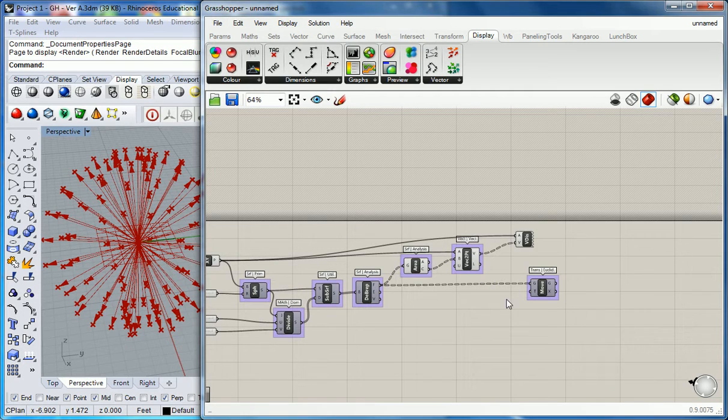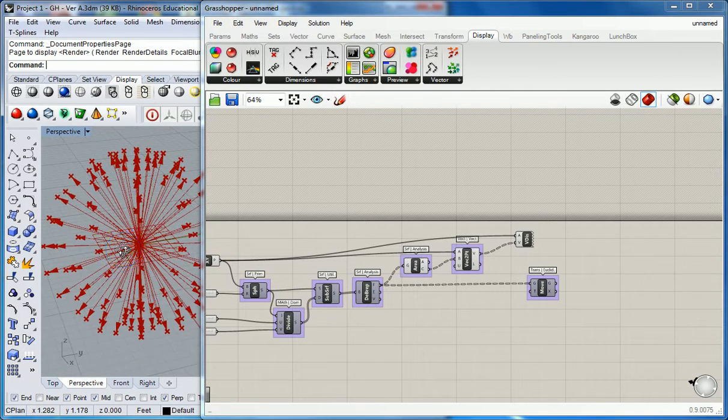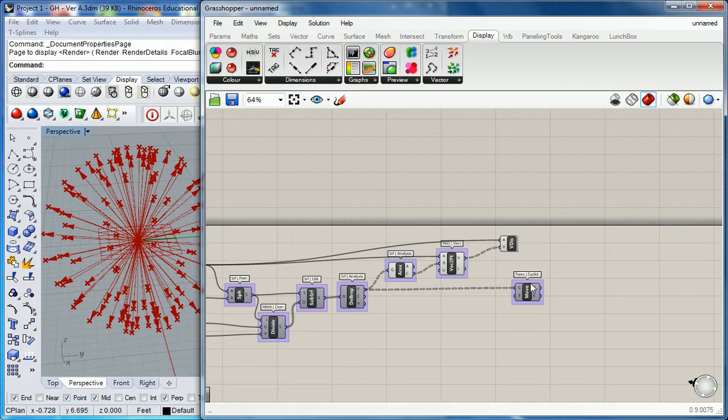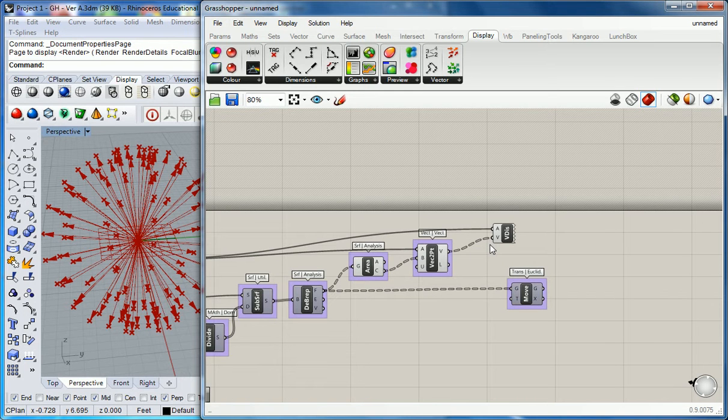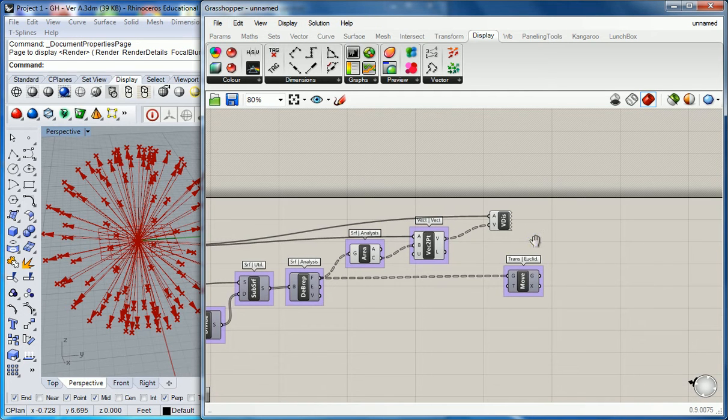So there are a couple ways of doing the next step. We can multiply the vector, we can deconstruct and reconstruct the length of the vectors, or we can simply scale the length of the vectors. But when you do something like a scale, you also have to use more vectors in order to get the right orientation. So Grasshopper actually makes this pretty easy for us, at least right now it does, because we can